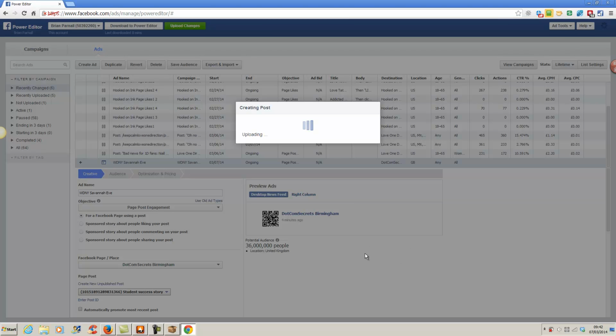And then over here we'll see that it's created a post. So in a minute, what I'm going to do is go to audiences and show you that you can just target that ad just at that one person. And then in a bit, I'm going to show you a couple of other things on how to get email addresses and telephone numbers, and then you can upload those as a custom audience. So let's just pretend that you were going to use the tools that I'm going to show you in a second to get the telephone numbers for